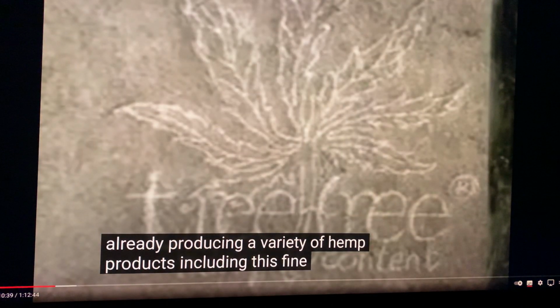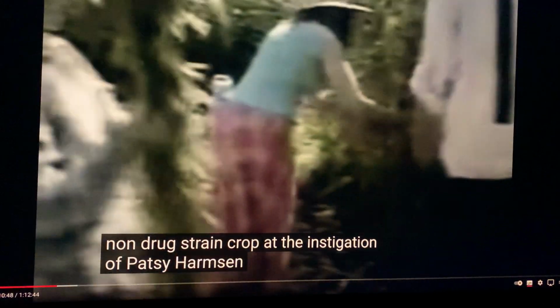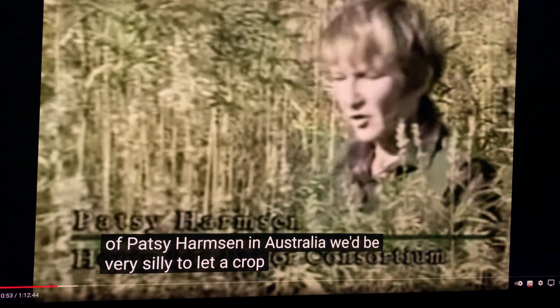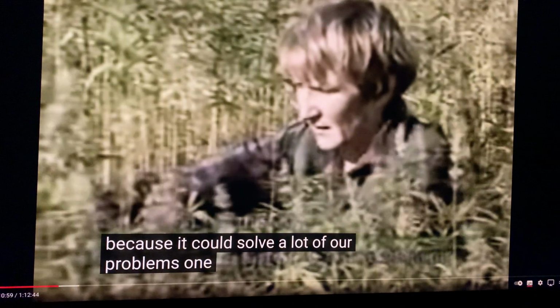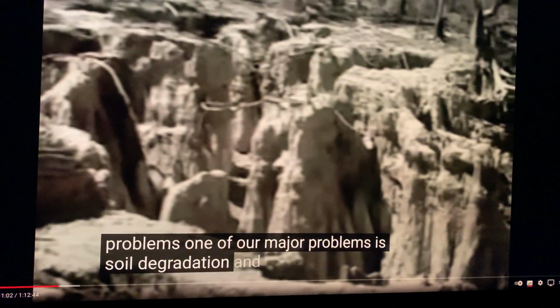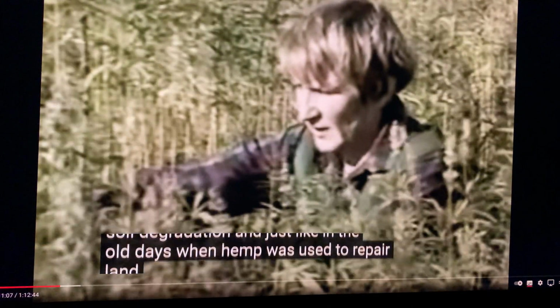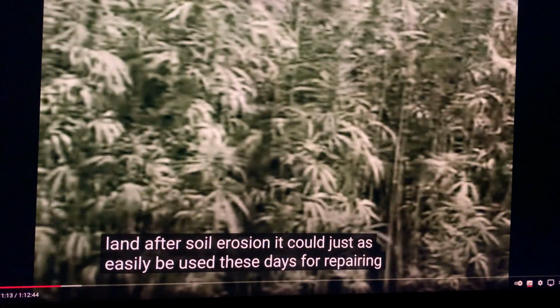The United Kingdom licensed commercial hemp in 1993 and is already producing a variety of hemp products, including this fine writing paper. In Australia, the Tasmanian government has allowed this experimental non-drug strain crop at the instigation of Patsy Harmson. In Australia, we'd be very silly to let a crop like hemp go because it could solve a lot of our problems. One of our major problems is soil degradation, and just like in the old days when hemp was used to repair land after soil erosion, it could just as easily be used these days for repairing our own